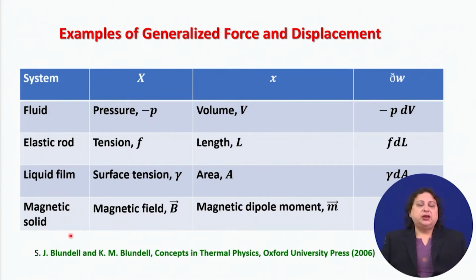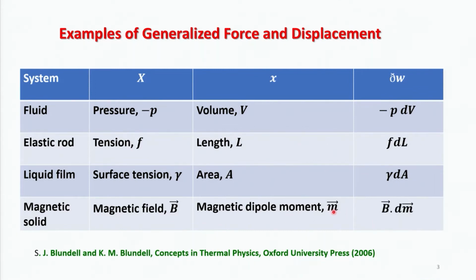If you think of a little more complicated example, you have magnetic solids. In the case of a magnetic solid, the generalized force that you would use is the magnetic field B. The magnetic field B will produce a change in the magnetic dipole moment of the sample, which I represent by the vector m. Now, unlike the previous three examples, now I have two vectorial quantities representing my generalized force